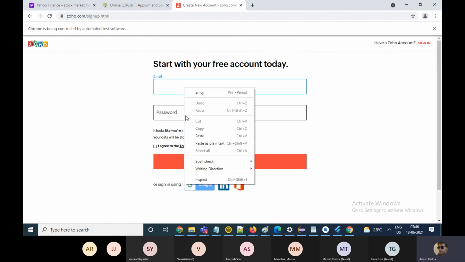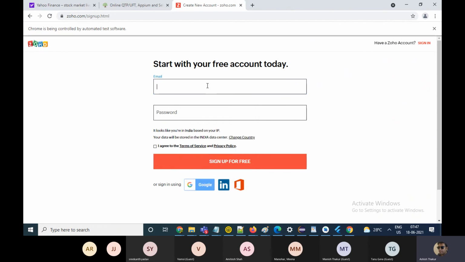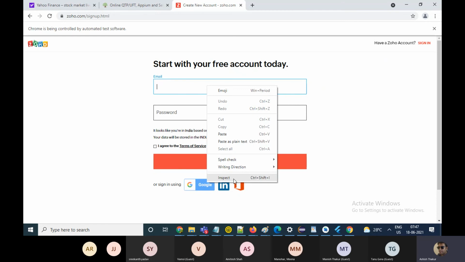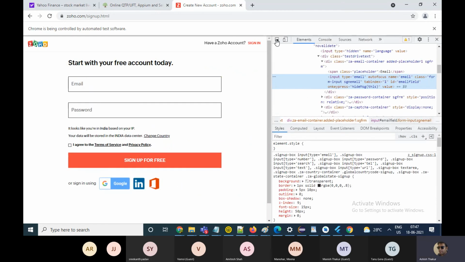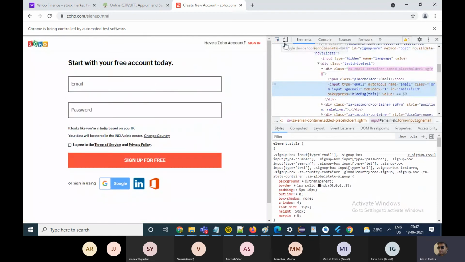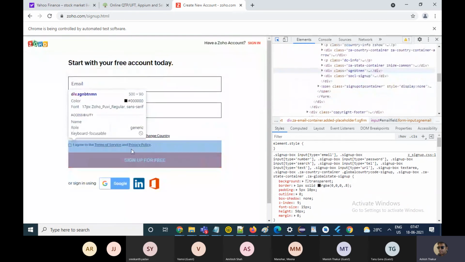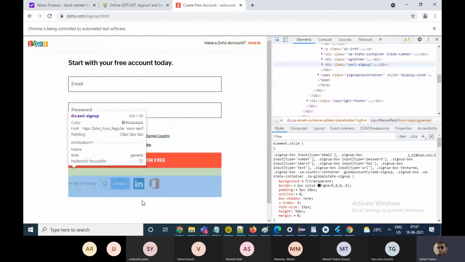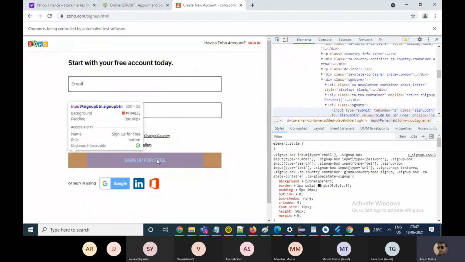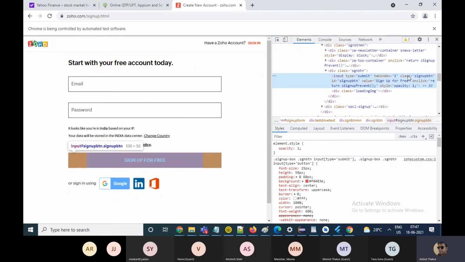You can right click on the text field and you will get the option to inspect. When you right click on any element, you get the option to inspect the element. This is the small arrow. You can click on it and move the mouse, and you can inspect the page source of any element. For example, this is the sign up button. You click on it and you will be able to inspect the element. So the tag name and the combination of attributes it has help us find the element on the web page.